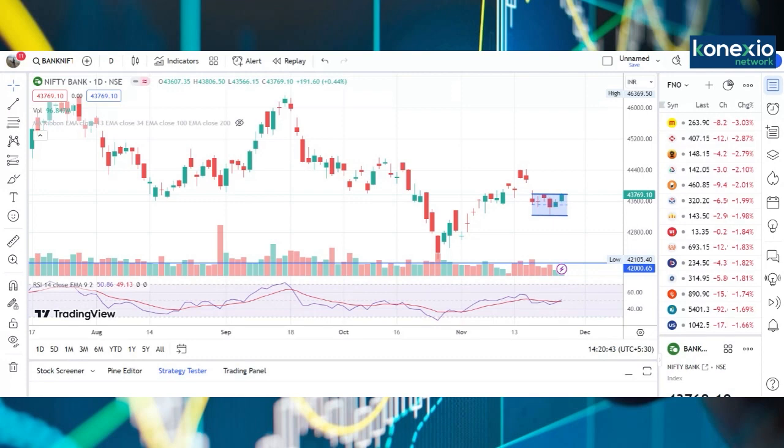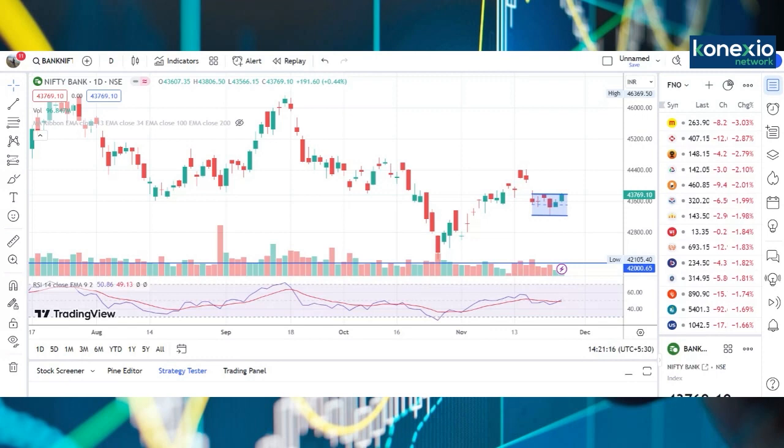So definitely on the upside, maybe 43,800 to 44,000 would be the breakout point. Once Bank Nifty crosses those levels, then we might see a sharp short covering rally, maybe towards the level of 44,500 to 44,800 mark at this juncture. So again, you can clearly see Bank Nifty now has slightly become positive. Last week Bank Nifty was weak, but at this level, Bank Nifty for next week is looking quite strong at this juncture.